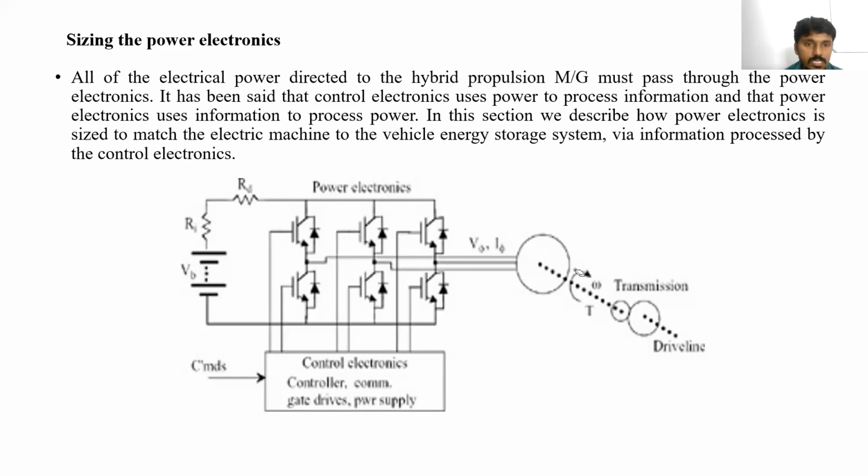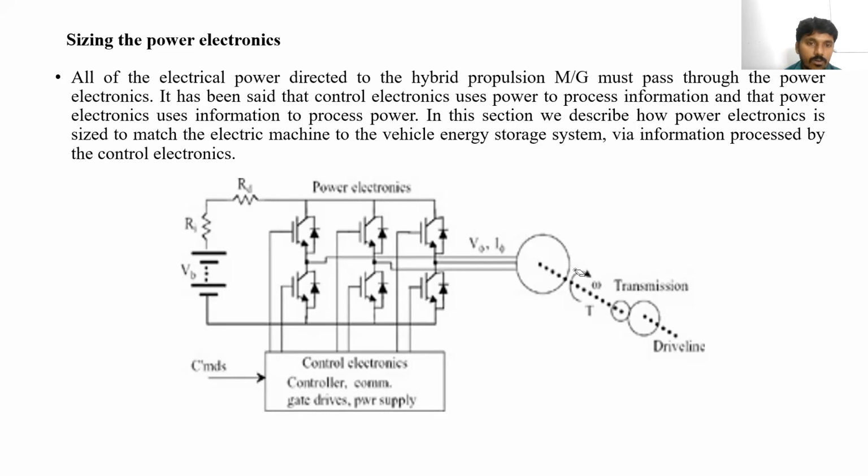Once the device is turned on, at a particular time the device should be turned off. The device should not continuously stay turned on; it should be turned off again. To turn it off, we design a commutation circuit. So the turning off process of the power semiconductor devices can be called a commutation process. I am repeating the sentence again: the turning off process of the power semiconductor devices is called the commutation process.